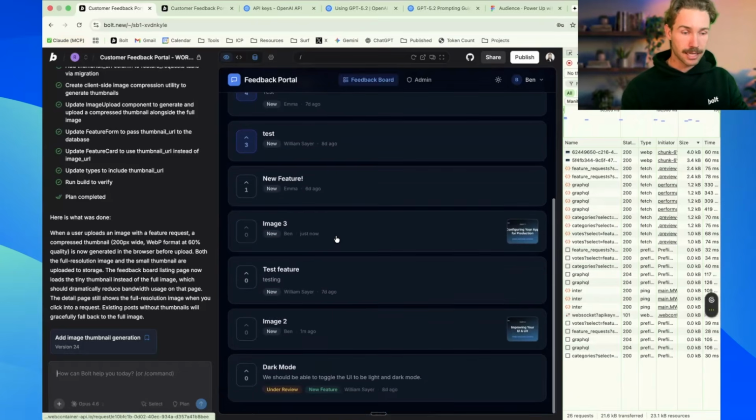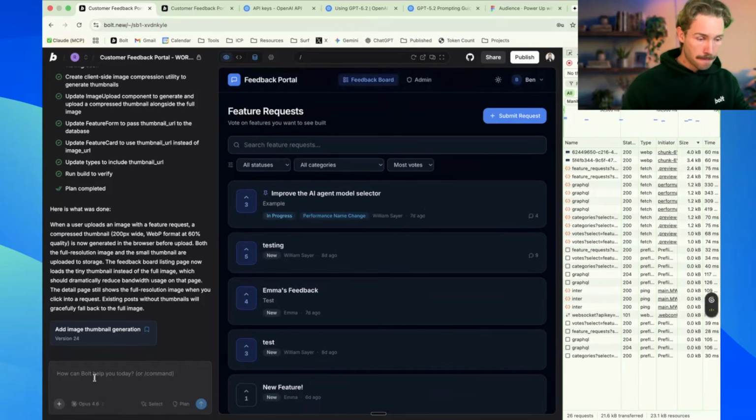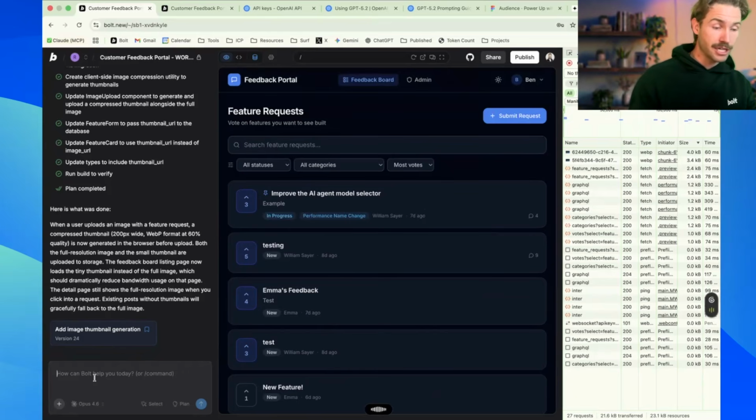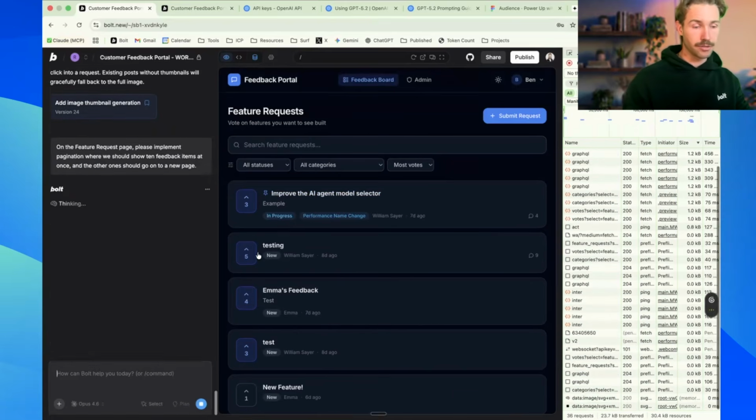So for demo purposes, let's implement pagination. On the feature request page, please implement pagination, where we should show 10 feedback items at once, and the other one should go onto a new page. Great. So we'll send that off,